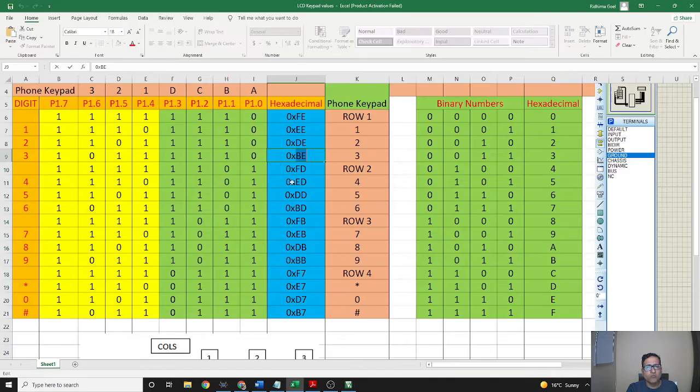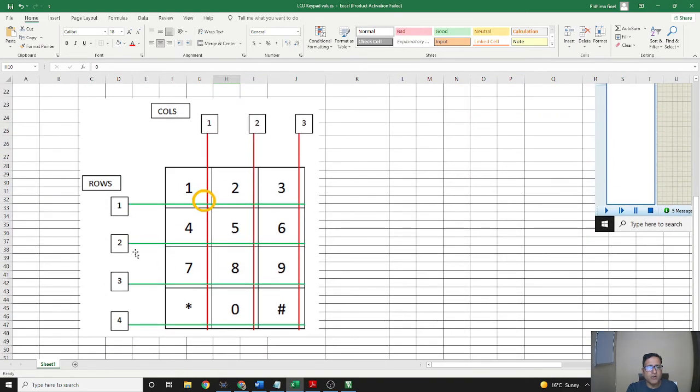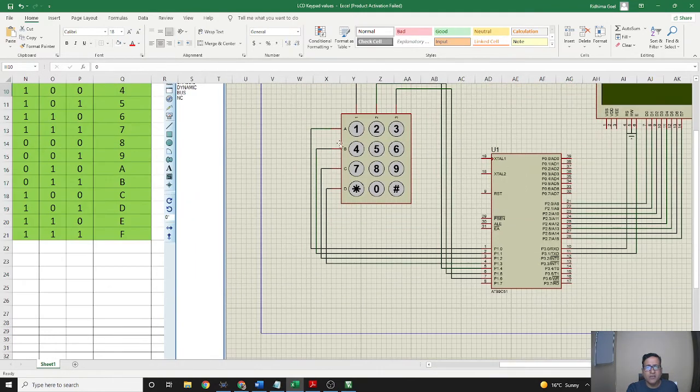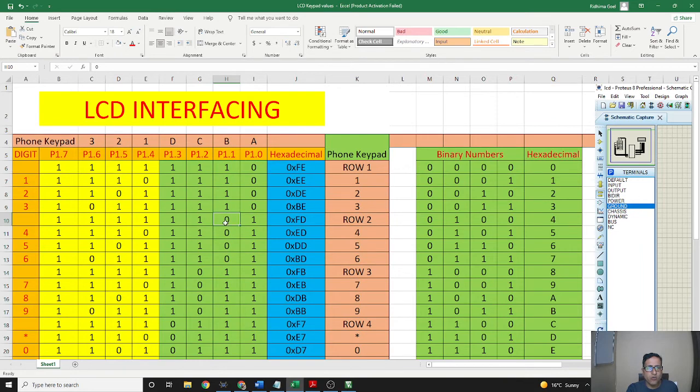For row 2, we can see this B, which is this part, and if we check the schematic, we can see this row 2 B is connected to P1.1. So P1.1 is for row B. All these conditions for row 2 will remain the same. If D is here, then we are talking about row 2.